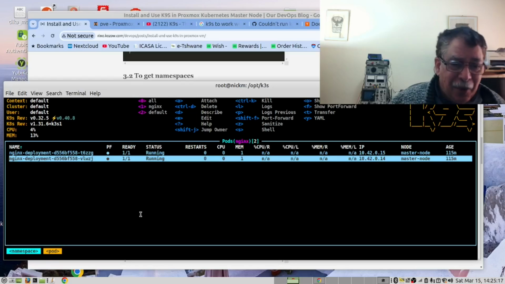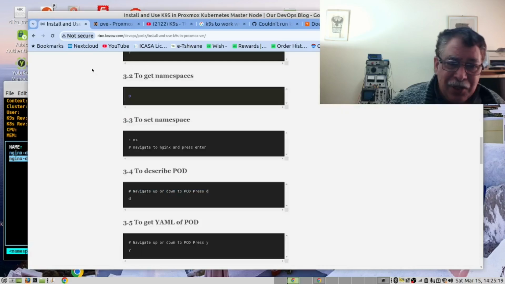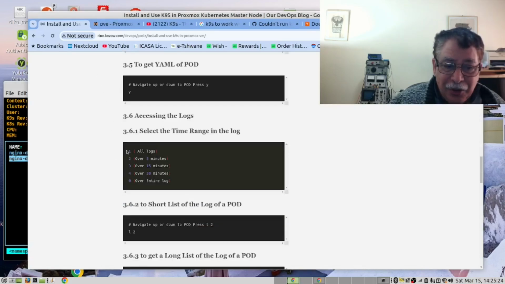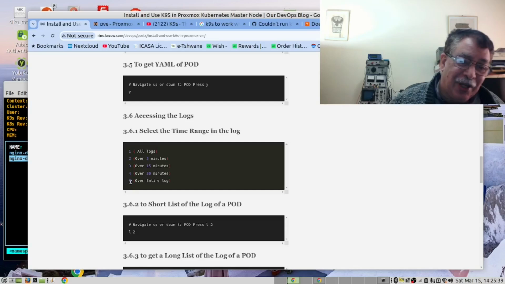And then if I want to do a log, let's have a look here how to do logs. You will see that you pass different numbers for the amount of log that you want to view. So a 0 will go over the entire log, a 1 will view the last minute, a 2 will give us the last 5 minutes, 3 15 and 4 30 minutes.